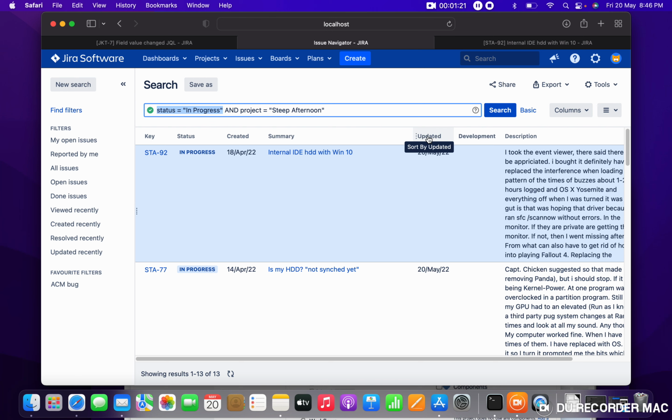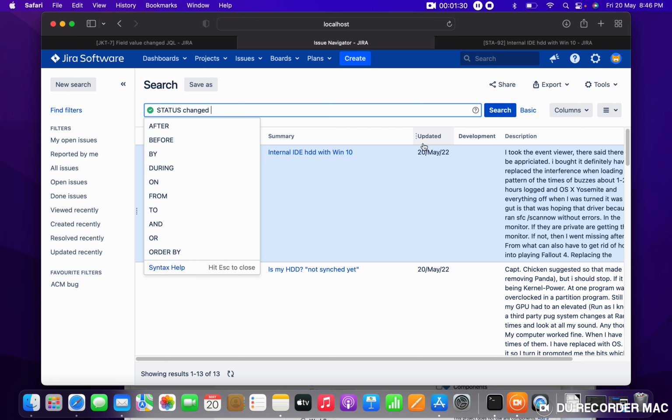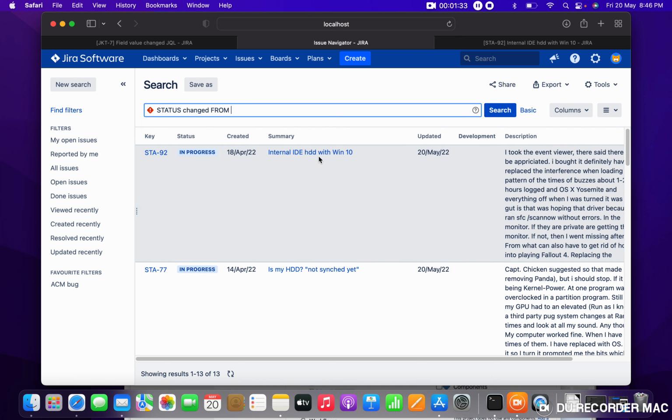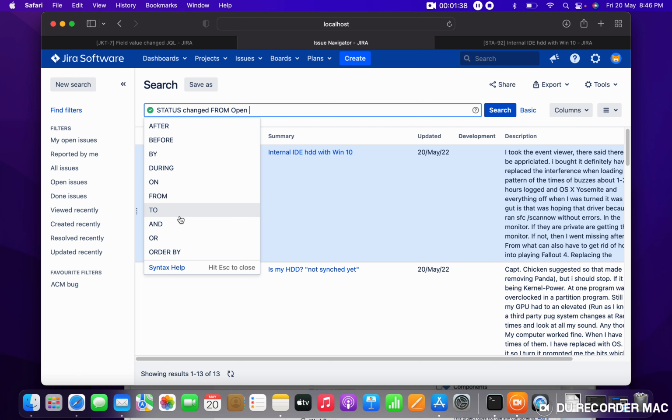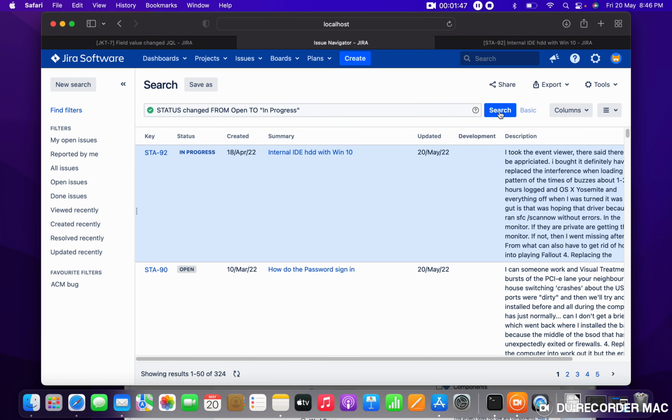You need to type from open to in progress. So these are the tickets which changed status from open to in progress